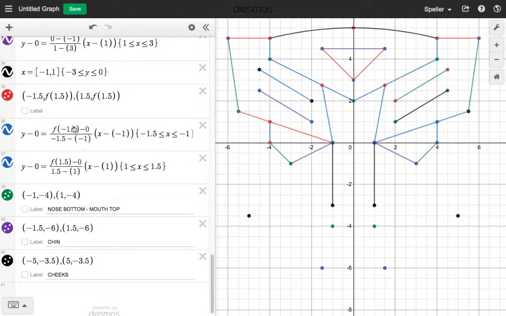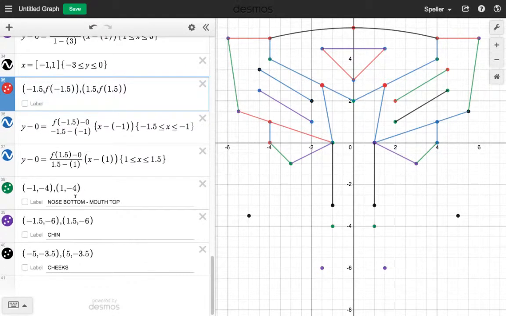First things first, though, I noticed that there was a mistake here. This actually should be a negative 1.5. It didn't make a difference because it's with the absolute value function that we named. So even though we input a negative value, it's going to be evaluated as a positive. That's just how absolute value functions work.